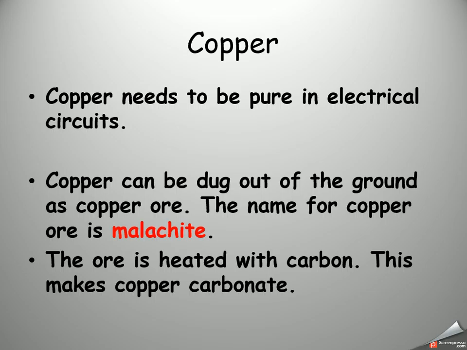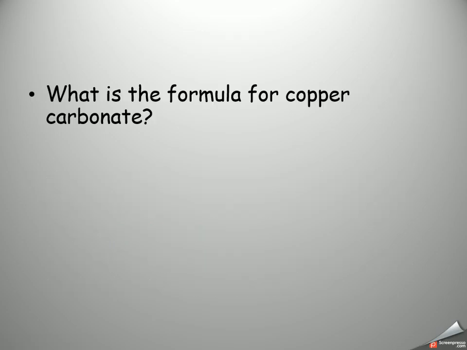It actually exists in rocks. And that's called a copper ore, right? You need to know that the name of the copper ore is malachite. Now, the ore is heated up with carbon, and this makes copper carbonate. That is the very first step that we do. So what is the formula of copper carbonate? The formula of copper carbonate is